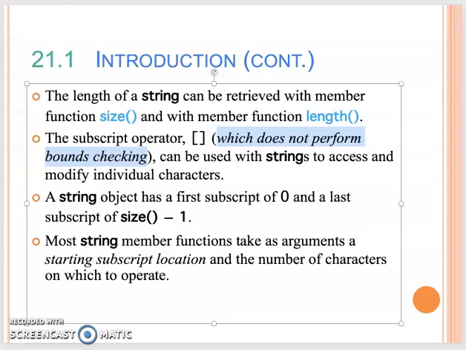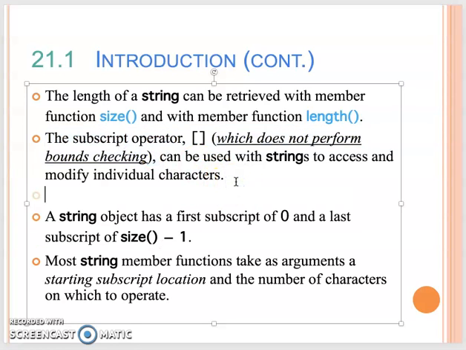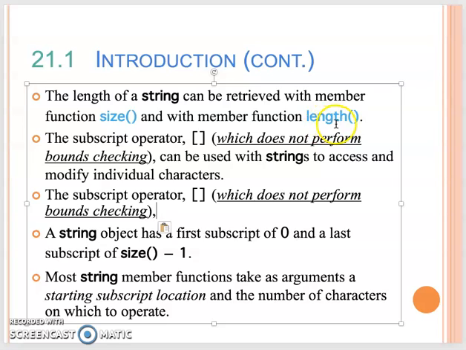perform bound checking. What does that mean? This means if my size is only 10, but I use 10 as the index, supposedly we are out of bound, right? But the square bracket won't give you an error. Which one does perform the bound check? Actually, that's the at